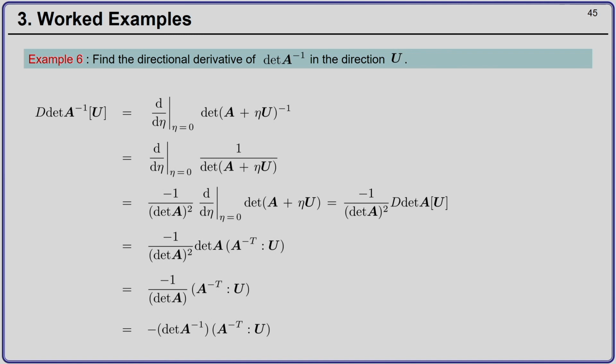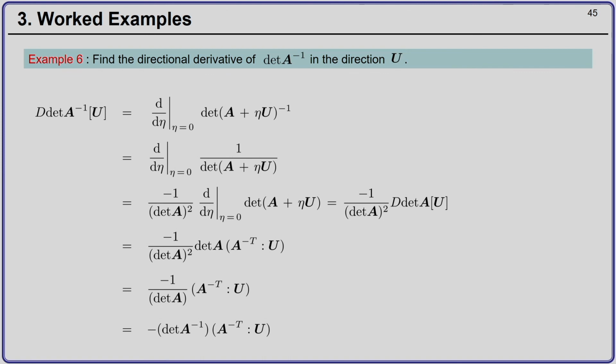we come to finding the directional derivative of the determinant of inverse of a tensor in the direction u. Okay. Suppose you change A to A plus u. So, we wish to determine what will be the change in the determinant of inverse of the tensor in the direction u. Okay. So, as you change A, its inverse also changes and therefore, its determinant also will change. So, we wish to determine how much the determinant of inverse of the tensor changes.